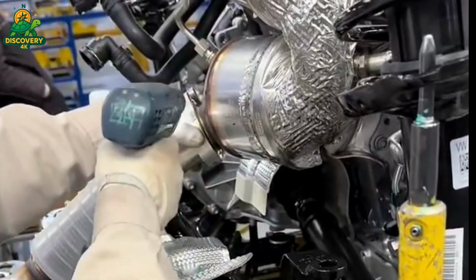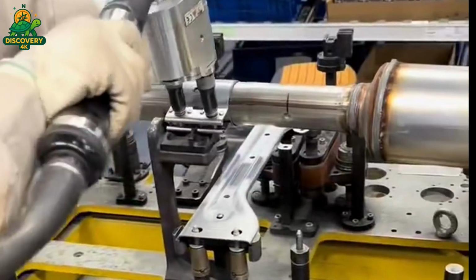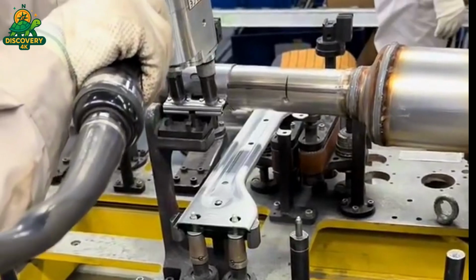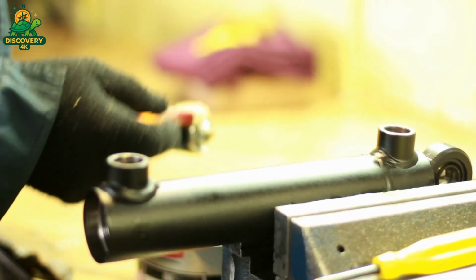Once the layup is complete, the mold is sealed in a vacuum bag, then baked in an autoclave, a giant pressurized oven that cures the composite into a single unified shell. The result? A monocoque that's light, rigid, and incredibly strong. The kind of frame that can carry a Formula car at full speed and still protect the driver in a